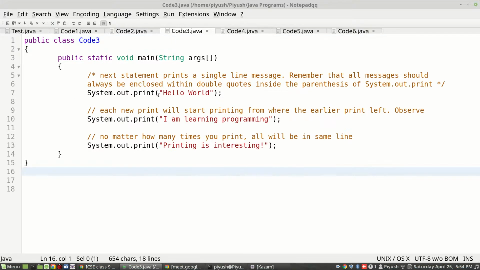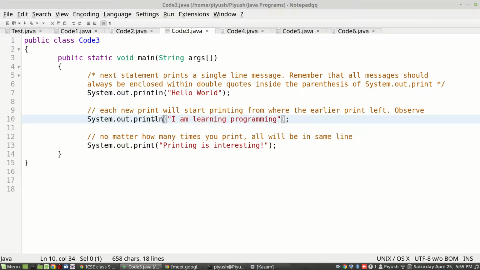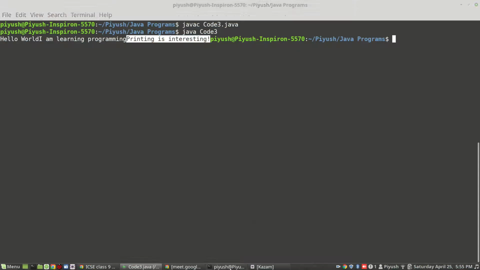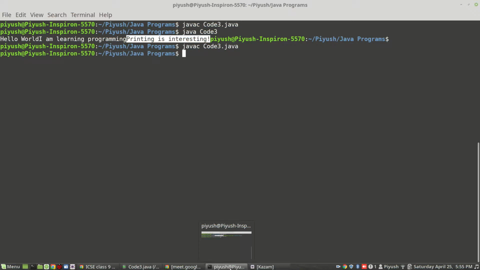What I'll do is here I'll write ln, and ln. Okay, and we will compile again because we have made changes in our program, so that it gets reflected in the low level language version also, and then we'll execute it.